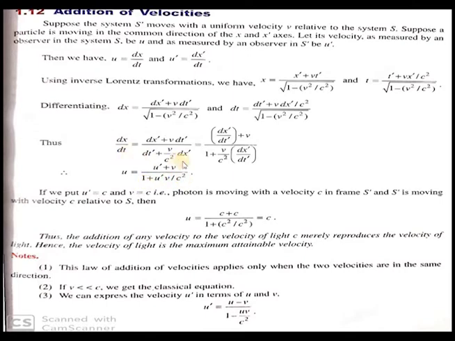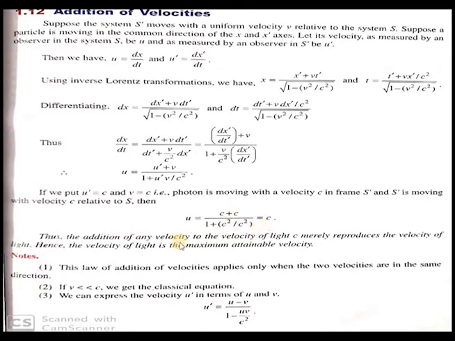This is one of the important expressions for the relativistic addition of velocities. If we put u equal to c or u prime equal to c, that is, we are observing the motion of light, and v is equal to c, that is, the velocity of the s prime frame with respect to the s frame is c, then substituting both to be c, u is equal to (c plus c) divided by (1 plus c square by c square). It is 2c by 2, it will be c itself.